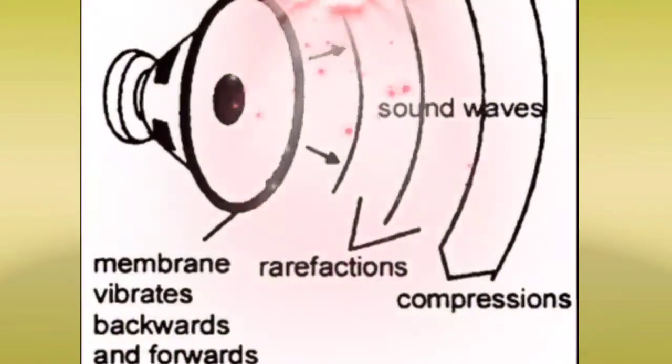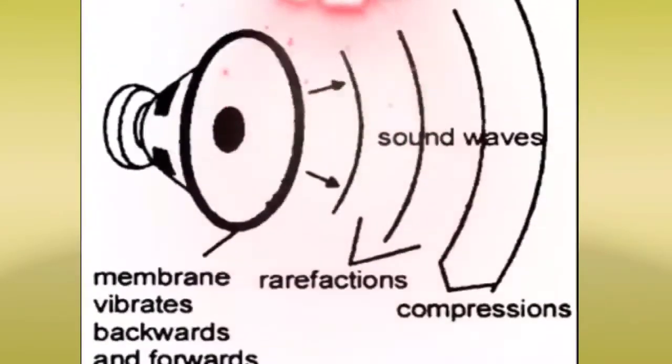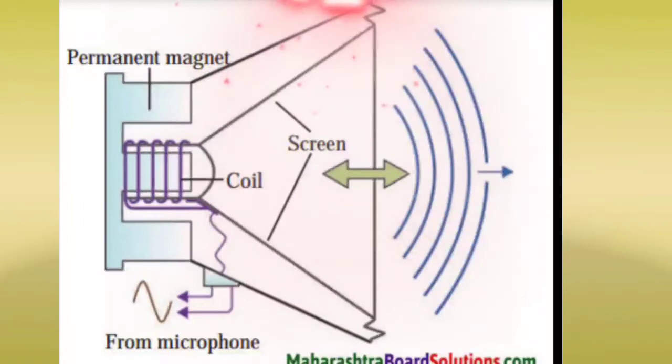Let us see sound generation by a loudspeaker. You know that sound can be produced using loudspeakers. The internal arrangement in the loudspeaker is shown in figure 15.6. So students, it consists of a permanent magnet. A coil is wound around it and a current flows through the coil. It also generates a magnetic field. This you have learned in the earlier chapter in this book.